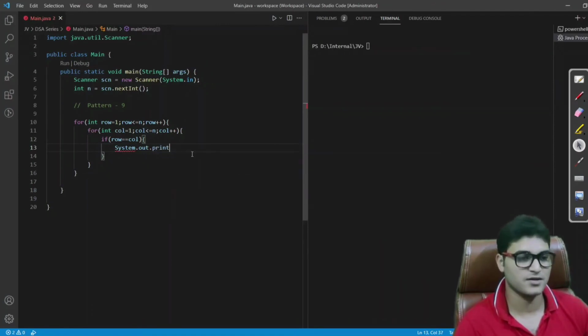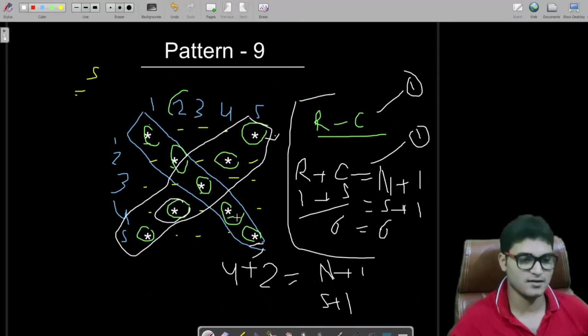Can you guess what we have to print? We just have to print a star, nothing much. So we have printed this diagonal.